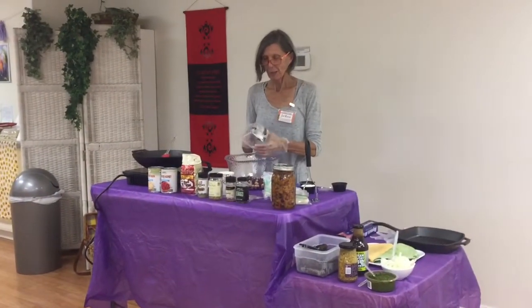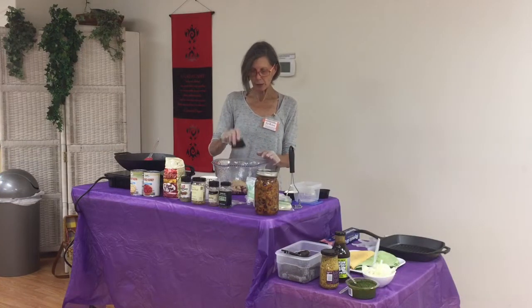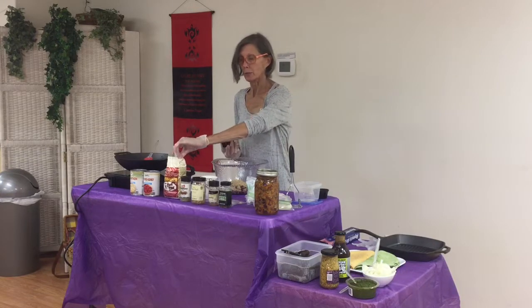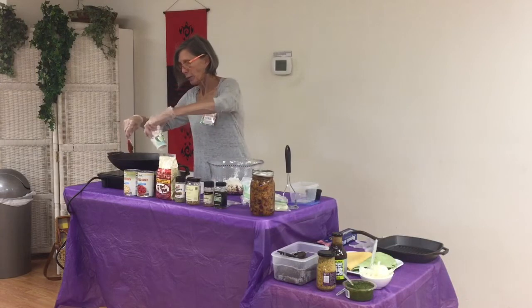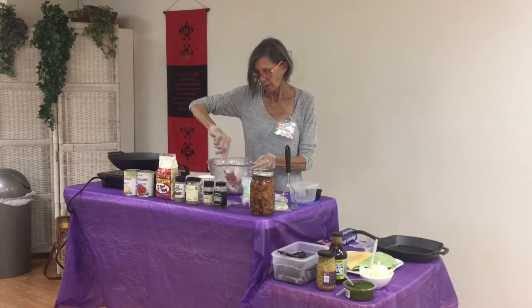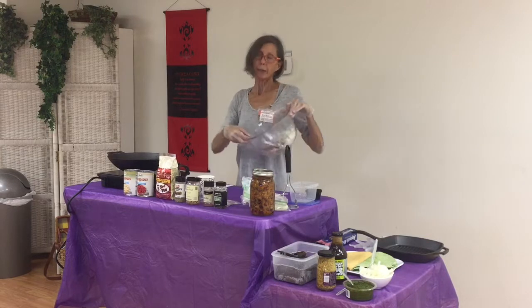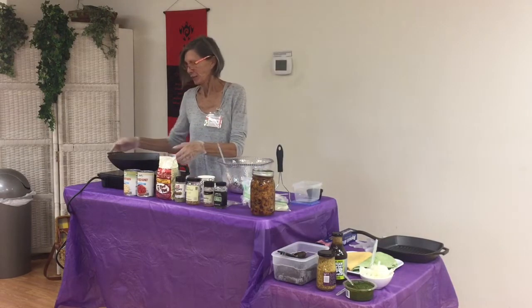She's going to add her beans to a mixing bowl with flour and walnuts. And then she's going to incorporate all that together. She's going to add a little bit more water because as the onions are sticking to the pan, she can deglaze them. So now after incorporating the mixture in the bowl with the beans and the flour and the walnuts,